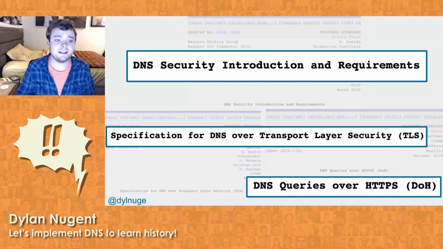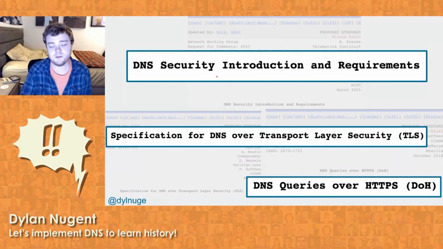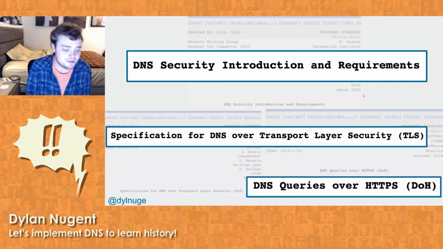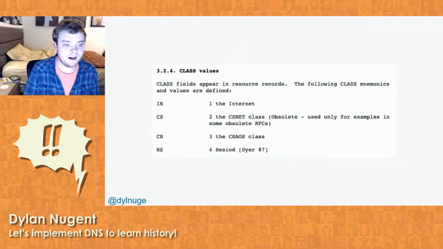And what I find really interesting is that even these are sometimes outdated now. DNSSEC was developed in 2005, and over the last 15 years, we've seen substantial differences in what we care about when we talk about network security. It's really easy to look at something like DNSSEC and say, oh, it's broken or it doesn't make any sense. But it makes a lot more sense if we understand what was going through people's minds at the time, how the culture around security has changed, and how they were trying to adapt this existing system that had assumed that trust existed.